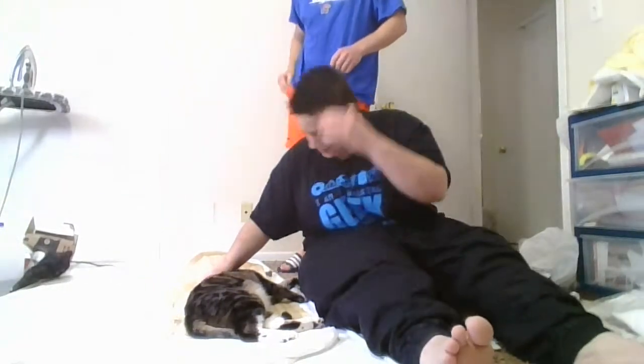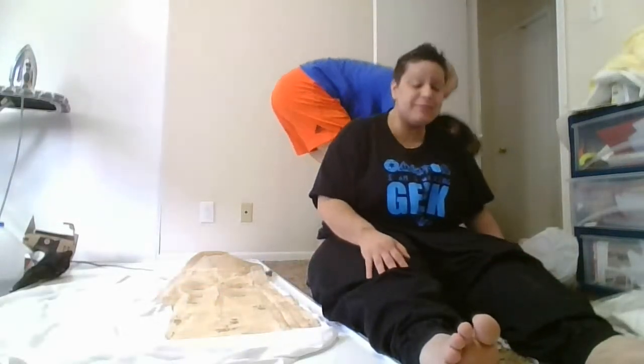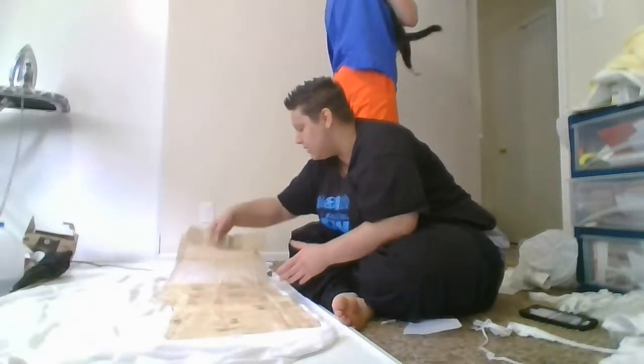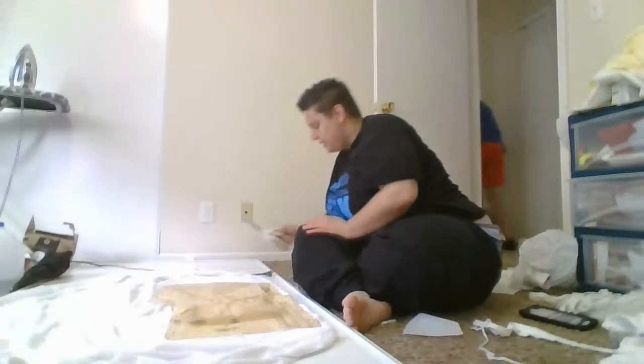He just wants the snuggles, but I don't want him to snuggle. If he moved a few inches, I'm sorry, it would have been perfectly fine. I could have cut around him. But no, of course not. He cannot sit where I need him to sit because cat. He wants attention right now. He wants it hardcore because he was rubbing all over my feet. Why don't you go see Zelda? She loves